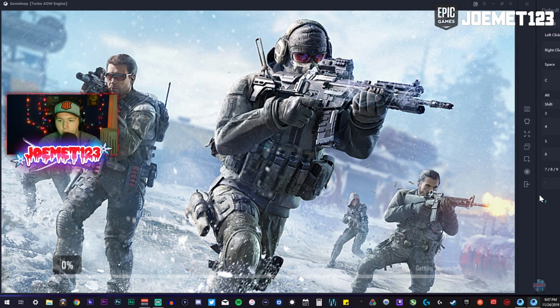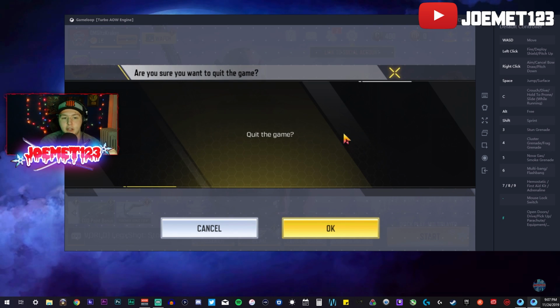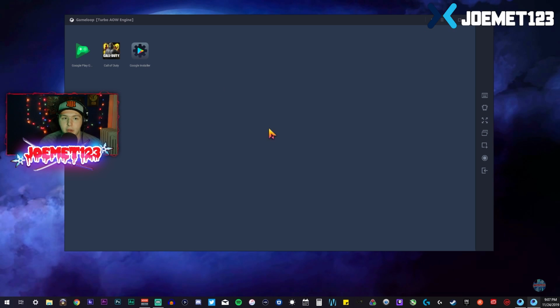Alright, there you go. That's the Call of Duty Mobile screen, as you know, for the latest update. Let me go ahead and exit out of this. I have to hit this button right here, but it's not working. Can I please hit this button? Okay, do you want to quit the game? Okay. Now, basically what you're doing once you're hitting this button is you're going back to kind of like the